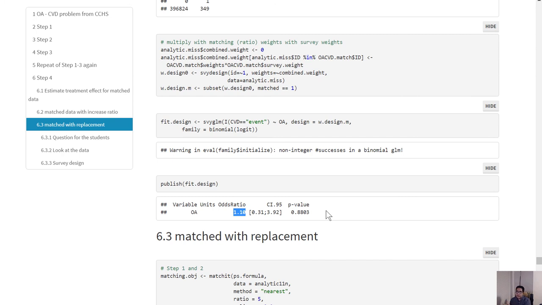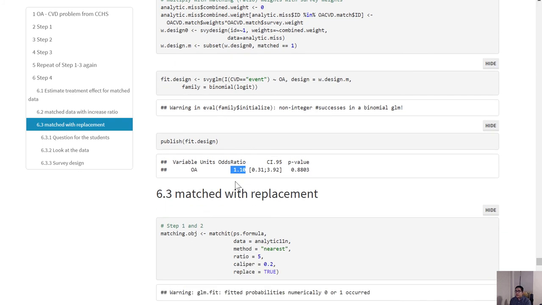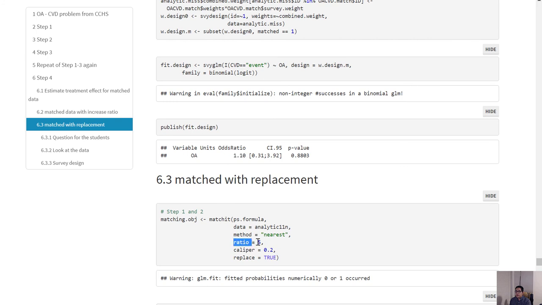So that means what? Having the osteoarthritis is a risk factor for the cardiovascular event, even though this is not going to be significant, but at least we can see some harmful impact in here. All right. So not only we can do 1 to 5 matching, we can also try to do